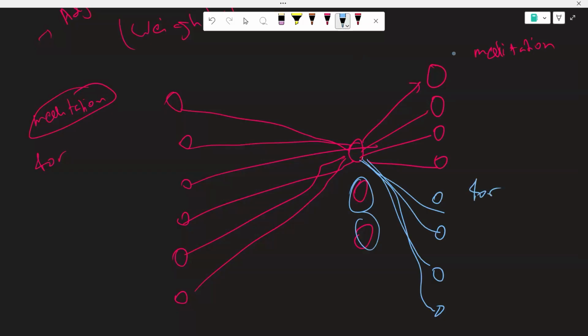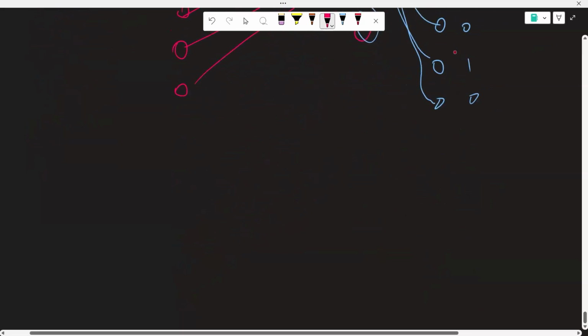Okay. So let's say for the representation is 1, 0, 1, 0. For meditation, the representation is 0, 1, 0, 1. Okay. And now for different words, you can get the representation in output. Okay. And that is the main logic of continuous bag of words. You are creating the words based on neural network. Okay. So whatever words that you are passing will get computed according to this architecture. Okay. So for every word, you can represent them in number form.